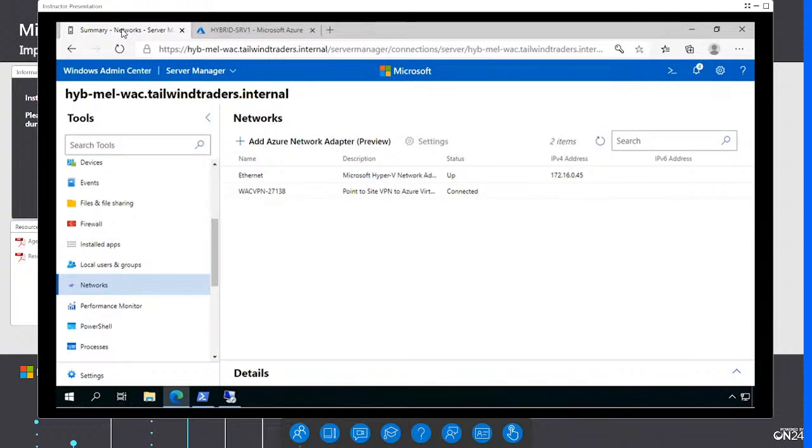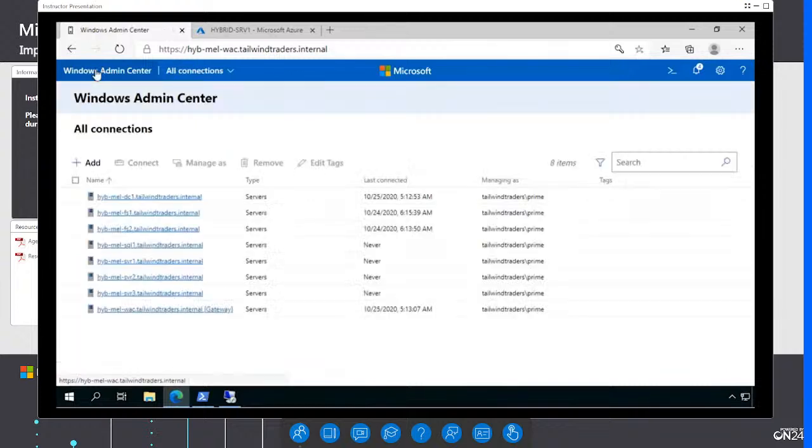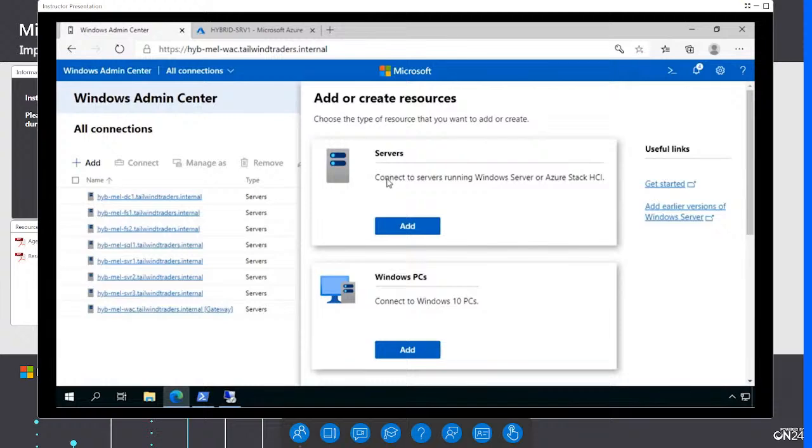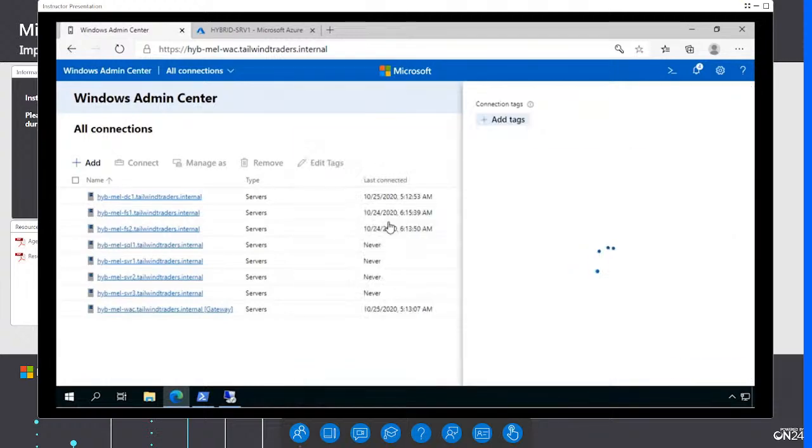Now, what I want to show you in this demo is that I can create an Azure Network Adapter. You can already see that this Azure Network Adapter is connected. So I already have a point-to-site VPN connection to my Azure Virtual Network running, and my Windows Admin Center server can connect to that machine. If I switch back to my management experience, I can see all my servers and I can add a new connection. So if I click on add,